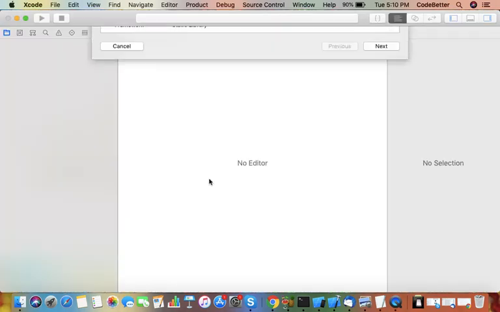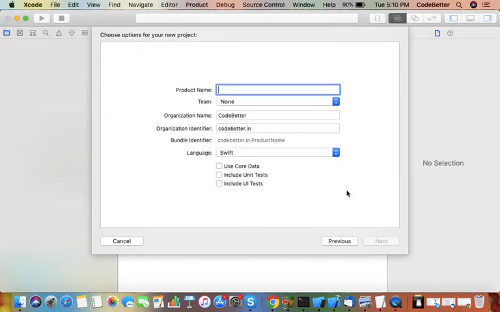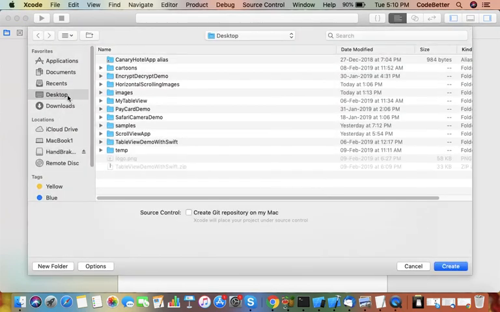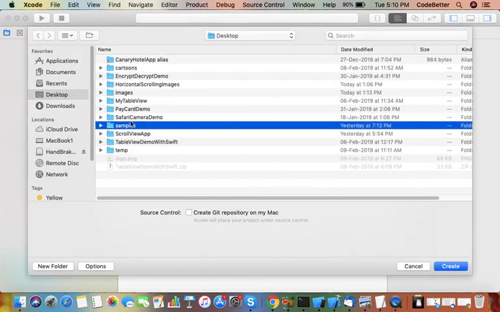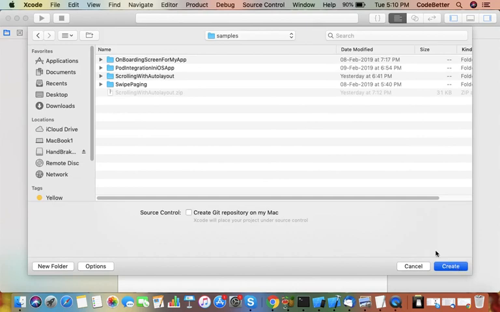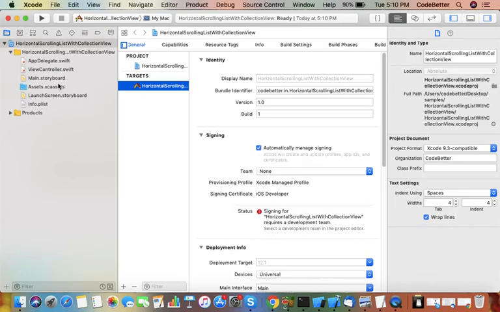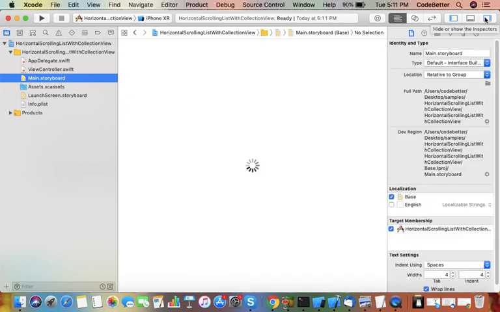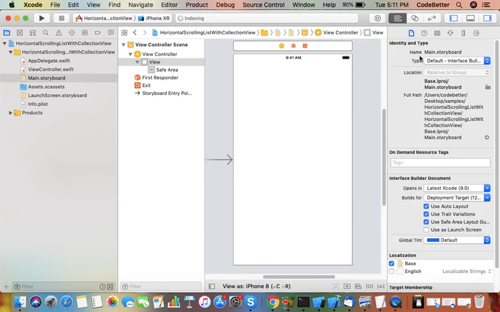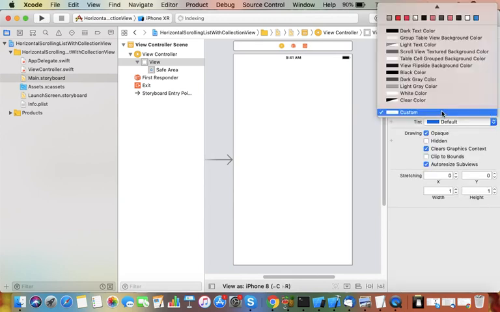Let's create an application, Horizontal scrolling list with collection view. So first of all, we add one collection view.